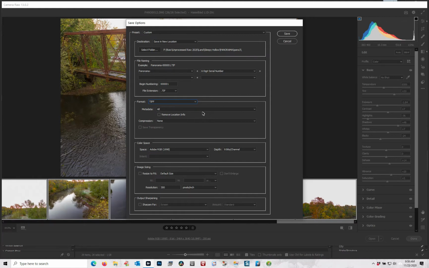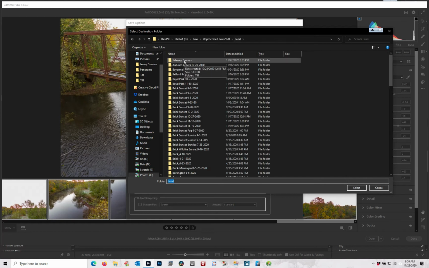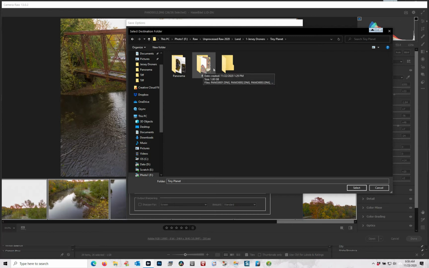All right, so once we do that, we want to make sure we have checked Save in a New Location. We're going to select the folder. I'm going to go to the directory that we were in, Tiny Planet, and I'm going to go into TIFF files, and I'm going to save it in TIFF files. If there wasn't a folder named TIFF, I would create a new folder by clicking up here and naming it TIFF. So I'll do Select,